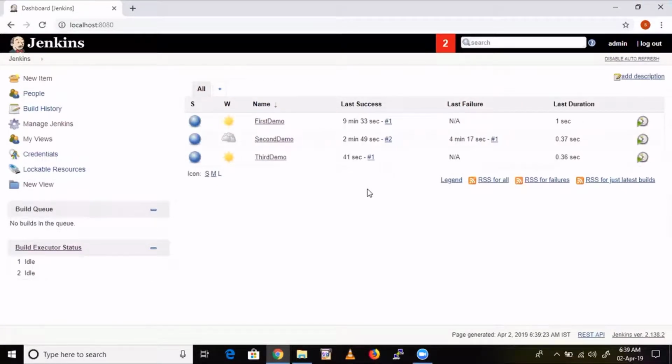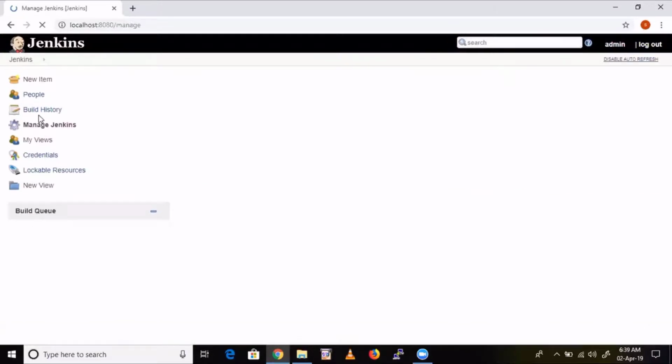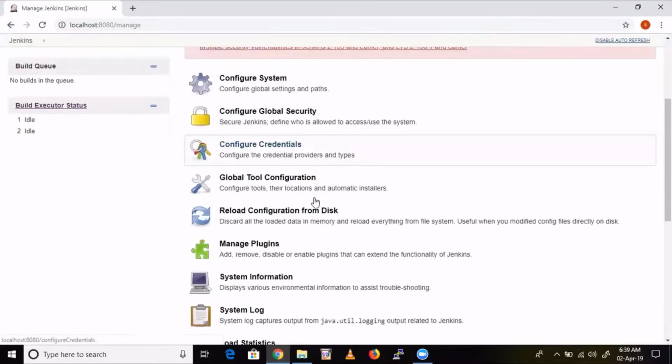Now, coming to the next one. How to deal with plugins? Go to manage Jenkins, manage plugins.